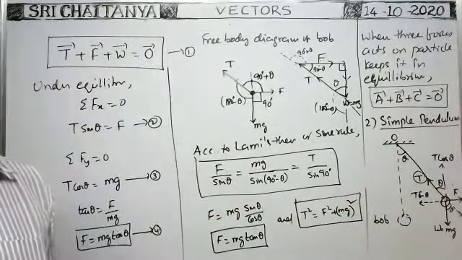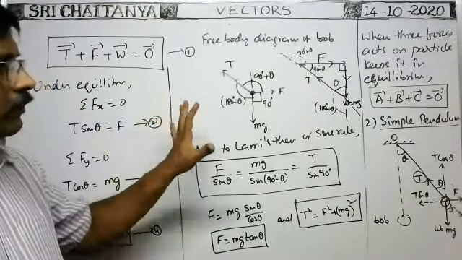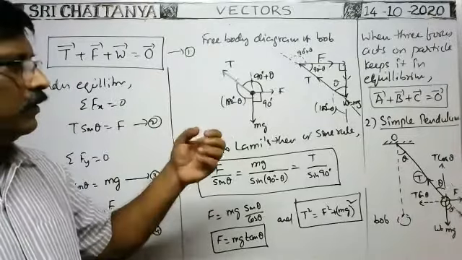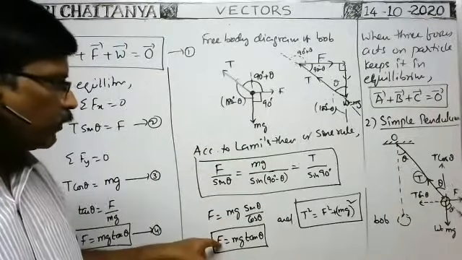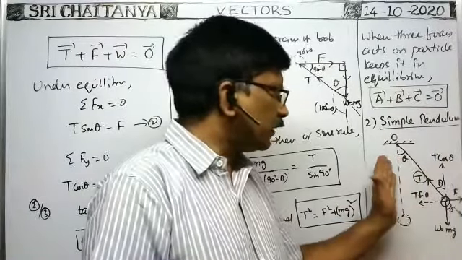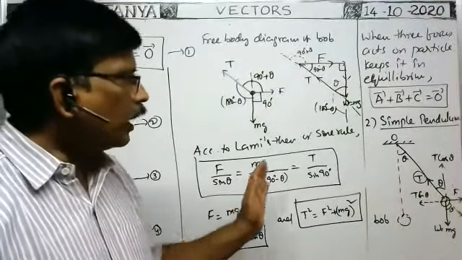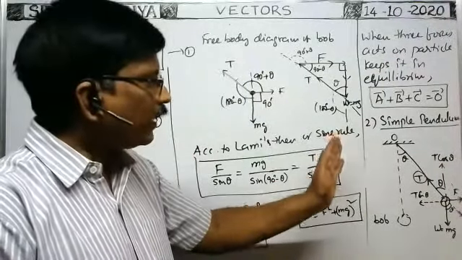So it is about the simple pendulum. By triangle law, we can find the horizontal force required. Horizontal force required to displace the bob of the pendulum through angle theta with the vertical. And what is the horizontal force required to pull the bob aside through an angle theta from vertical?